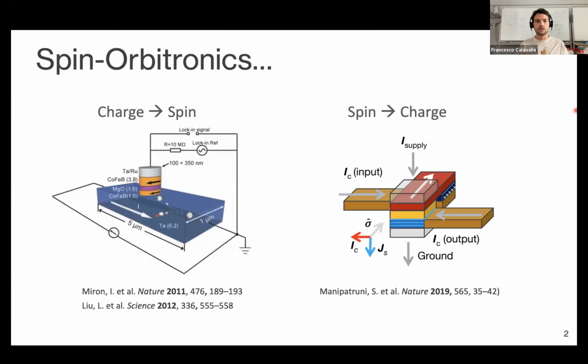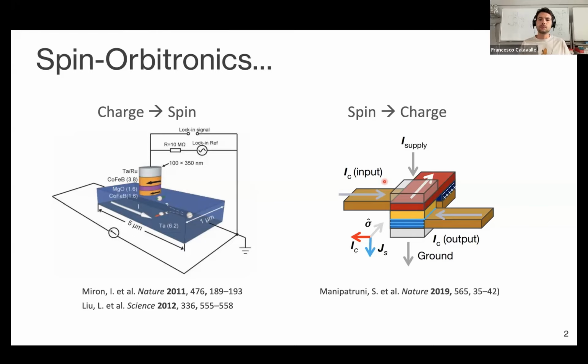Here there is the spin-orbit torque device as an already quite famous example. On the other hand, we have a MESO logic device in which, on one hand, we use the spin Hall effect to convert a charge current into a spin current, which can transfer spin angular momentum to the ferromagnetic bit element of information, while on the other hand, through the inverse spin Hall effect, we can read the magnetic state of a ferromagnetic element. Now, this concept has typically relied on the spin Hall effect in heavy metals, which typically have highly symmetric structures.